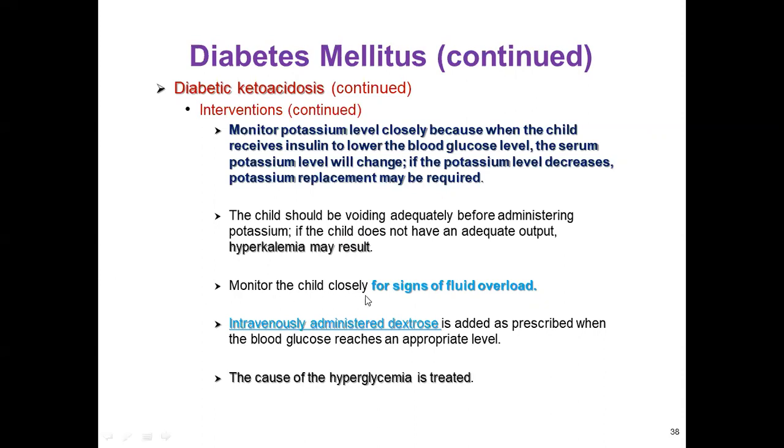Monitor the child closely for signs of fluid overload, meaning maybe the patient develops edema or added sounds inside the lungs. So monitor the child closely for signs of fluid overload, and intravenous dextrose is added as prescribed when the blood glucose reaches an appropriate level. The cause of hyperglycemia is treated. So now